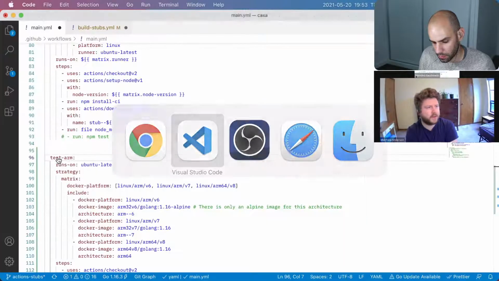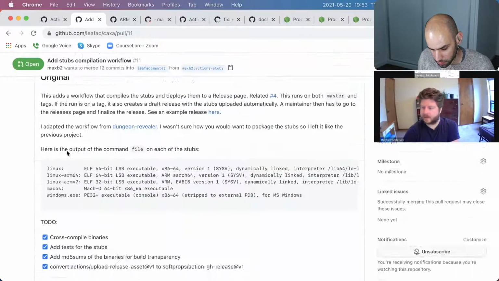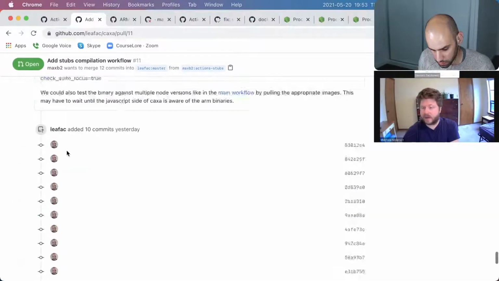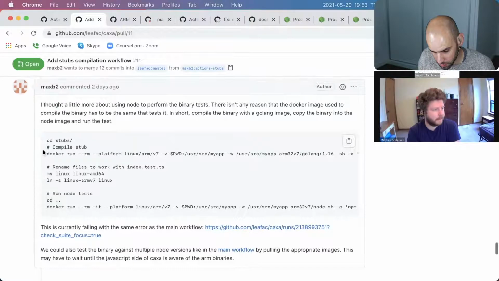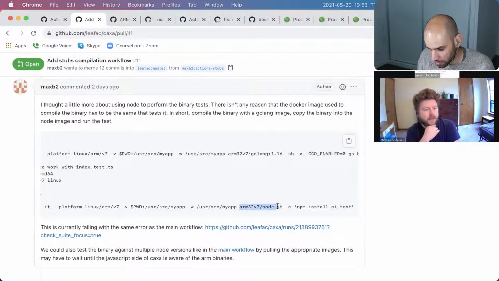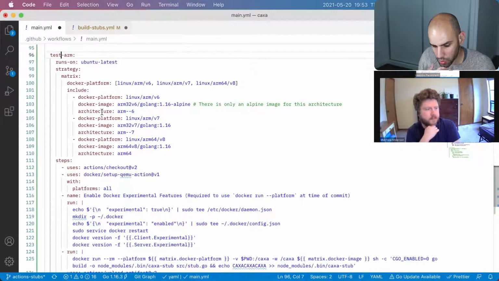And it's on my pull request, not the issue. Okay. Was the code I was talking about. But it looks very similar. Yeah, that. Yeah, it's just a different image. Okay, so let's see the parts that we are going to reuse. So test ARM runs on Ubuntu latest, has all the platforms, and